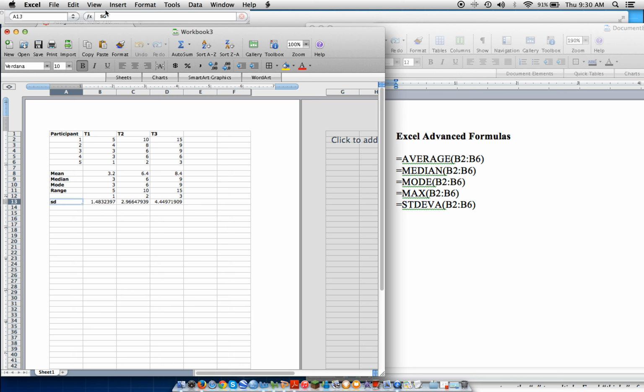Excel has something up here at the top called a function bar or a formula bar. This is where we'll type in our formulas sometimes, but I like to type them right into the cell. There are different words that we use in Excel for formulas, and again I have the formulas over here on the right. So mean, the way we write that is by typing in